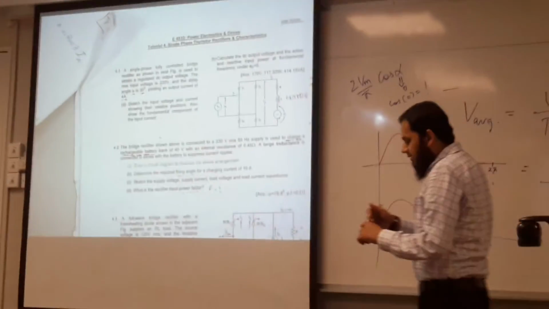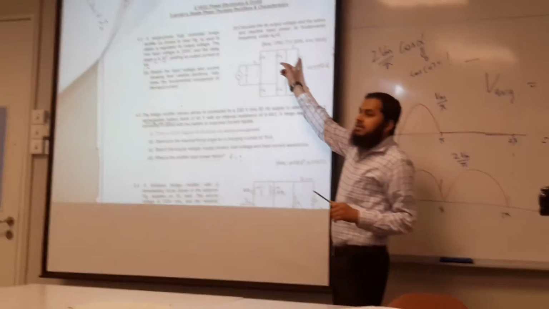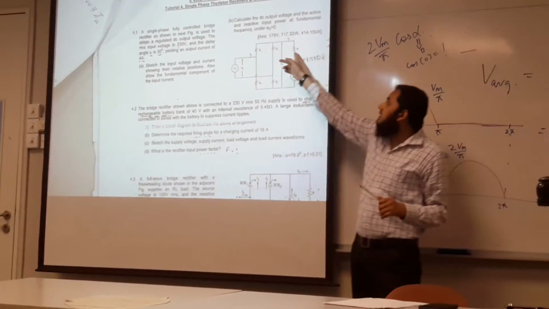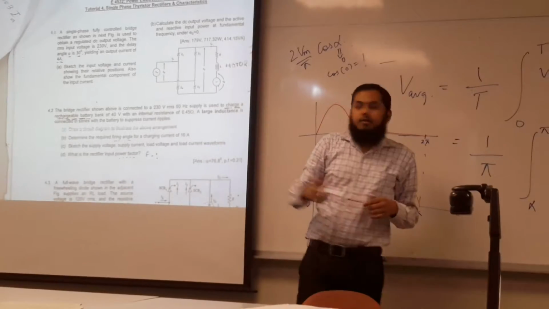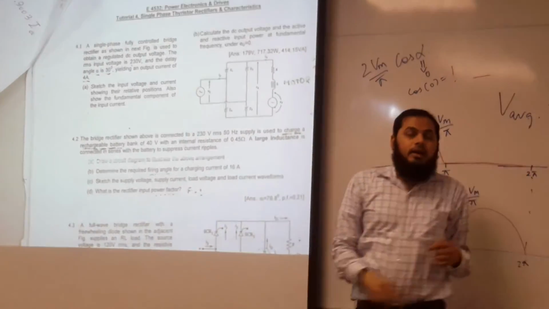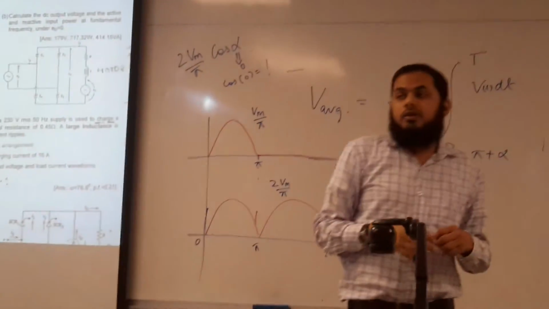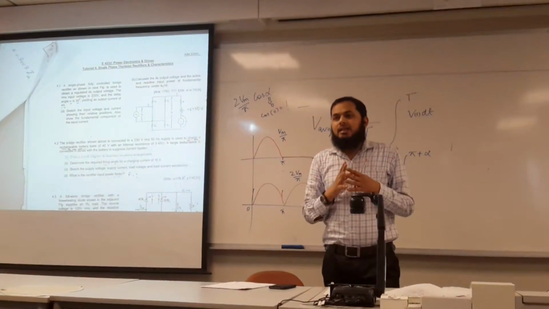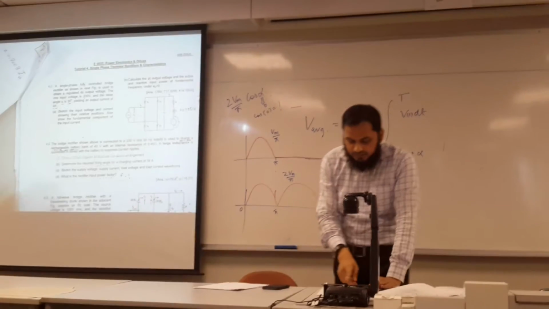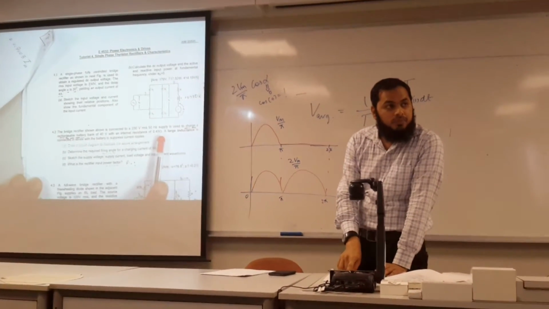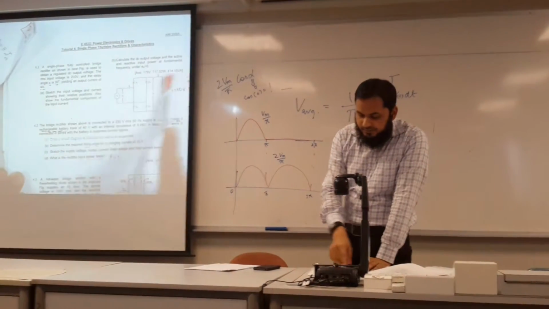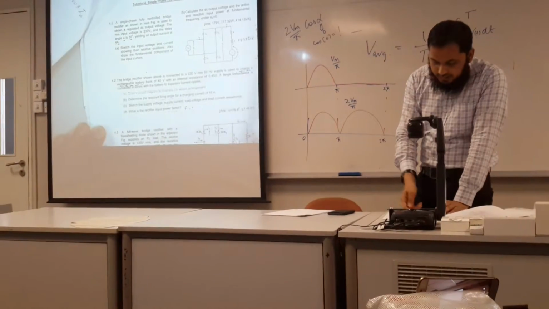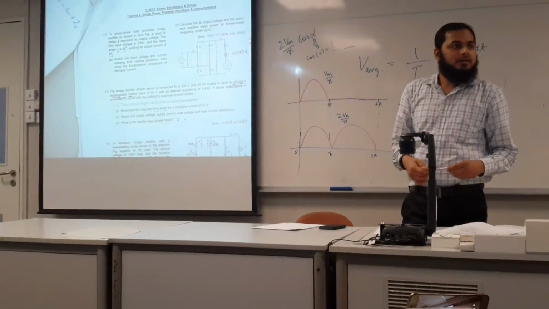Here, which one is external and which is internal? This one is the external resistance, but the internal resistance will be near the battery. And one more way to find out whether it is internal or external: always remember, internal resistance will be very small, just like in this case it is only 0.45 ohm. But external resistance is given in the last, generally around 10 ohms or 5 ohms, whatever it may be.